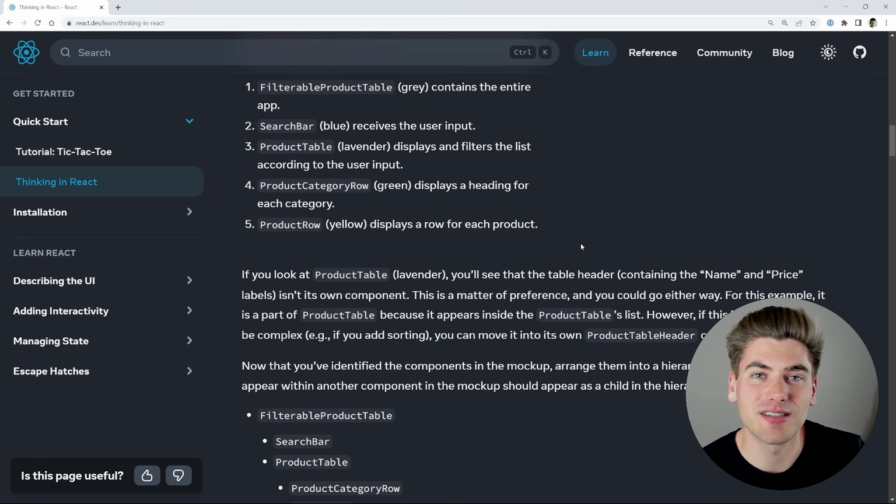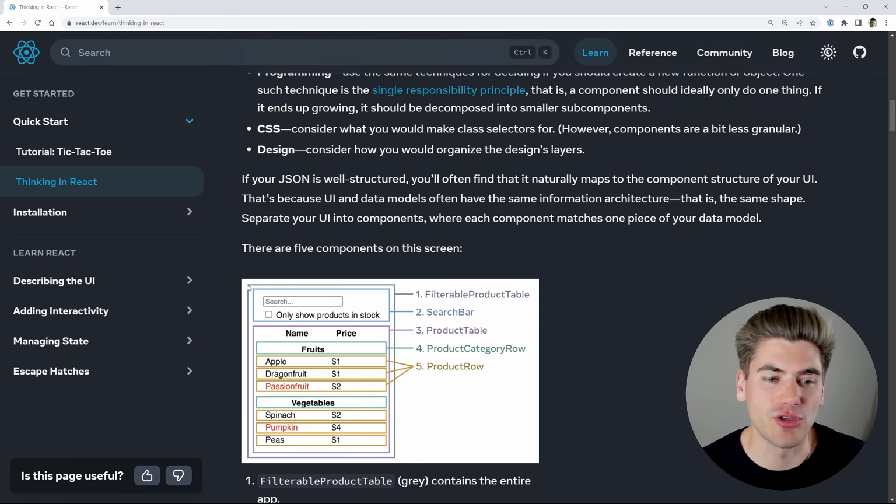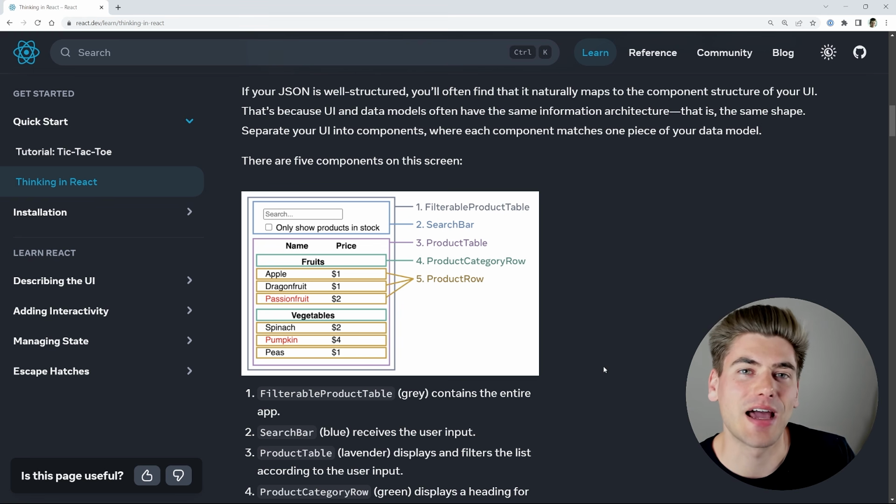React is different because instead of saying do this, then do this, then do this, you're saying I want this to look like this in the end. Essentially, you're saying I want my UI to look like this, and you just fill everything in for me. It's called declarative programming. The best way I can think of as an analogy to write this out is